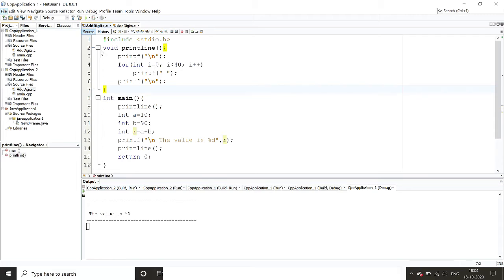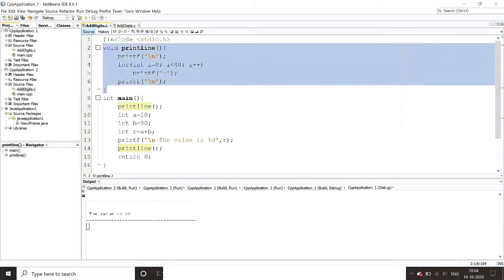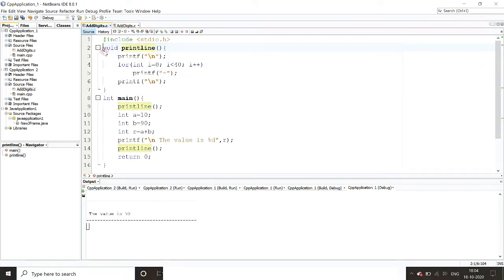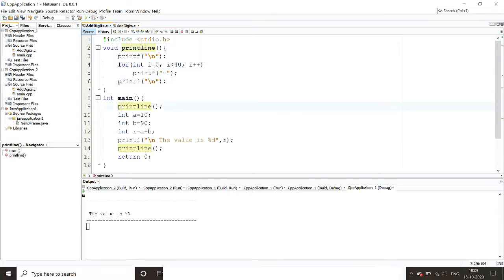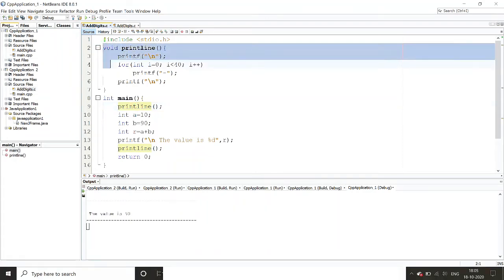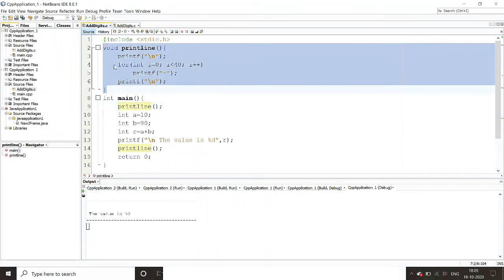There are multiple parts of a function. This is called a function call, so you are calling a function from here. And you have written a function here, so this is called the function definition. Sorry, you have defined a function here. This is called function calling, and this is the function definition. You have defined the function here.